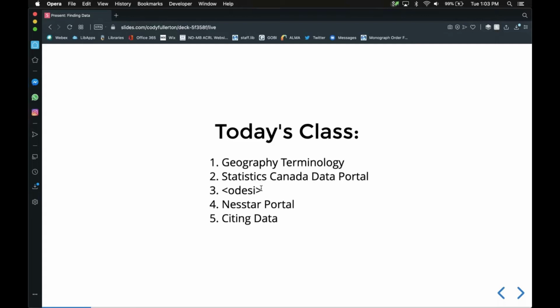And then I'm going to go over Odyssey, which is another data portal that we have that has some different functionality, and that's going to be mostly for finding microdata files. And microdata files are every person's individual answer. It's not analyzed, it's not aggregated, it's just the answers to surveys and the census and all that kind of stuff. And the Nesstar portal kind of works as an extension of Odyssey, a place where you can actually download these microdata files. And then at the end, I'm just going to give you a little bit of information on citing data,